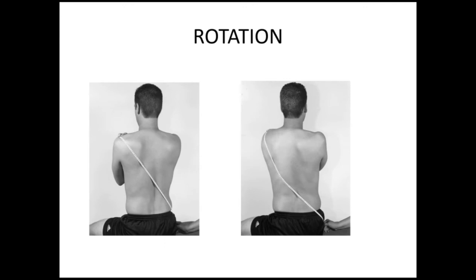Now we are going to measure rotation. There is a method with the help of a measuring tape. In this method, the measuring tape is placed over the tip of the acromion and passed from the back to the opposite side of the greater trochanter of the femur. Now the patient is asked to rotate. The distance from the first reading to the end of the movement reading is taken, and the difference of readings is considered to be the degree of rotation. We have to compare it on both sides, right and left.